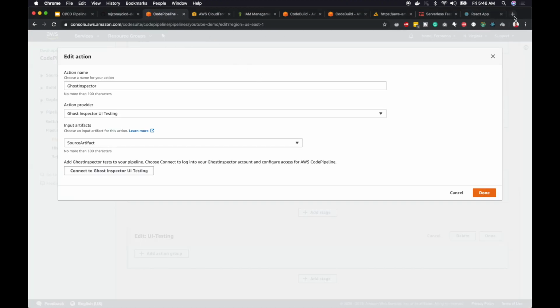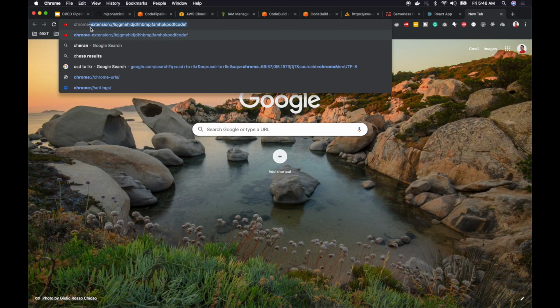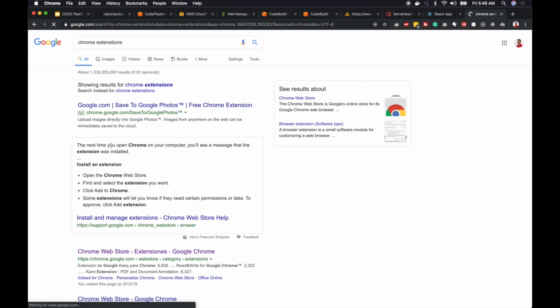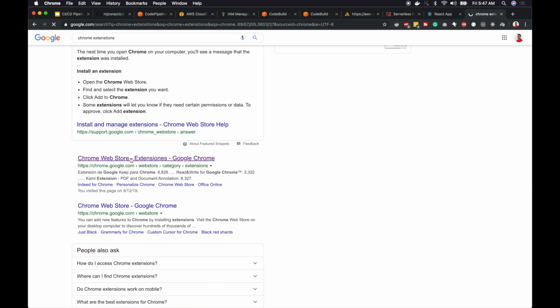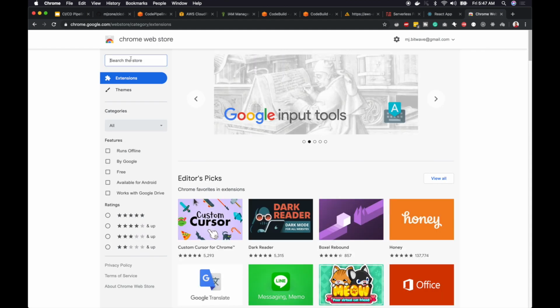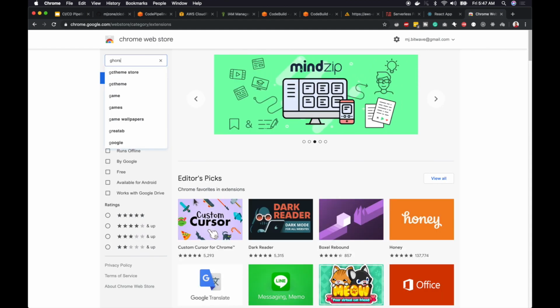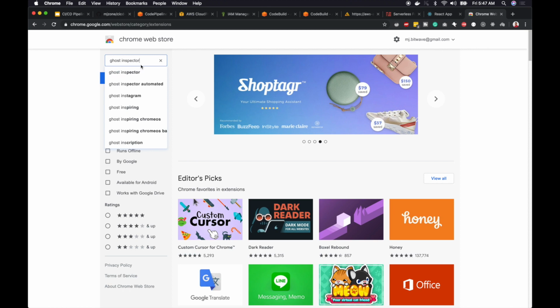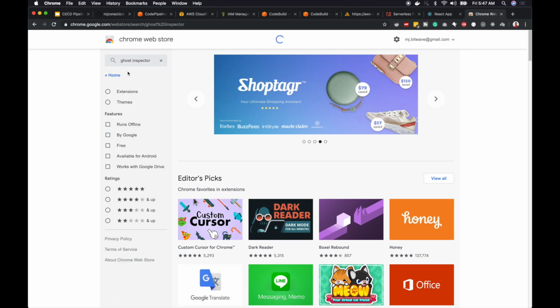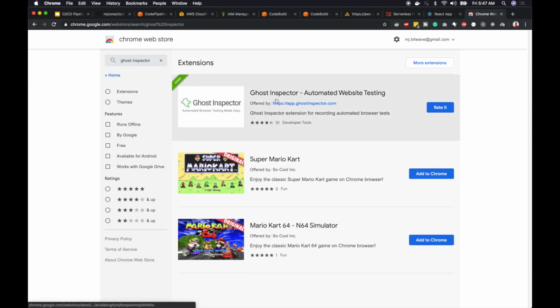What I'm going to do is take a new tab, Chrome extensions. So you need to use Chrome for this. They might have Firefox add-ons as well. I'm not quite sure about that. And in the Chrome Web Store, search for Ghost Inspector. There we go. Just select this one and you should find this extension. Click add to Chrome. I have already added it, and once you have added it you should see this icon